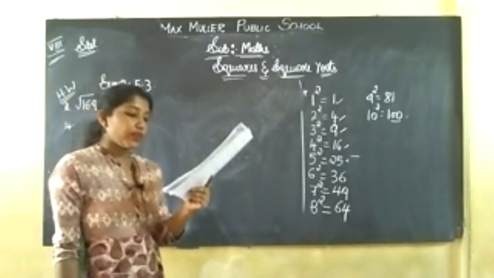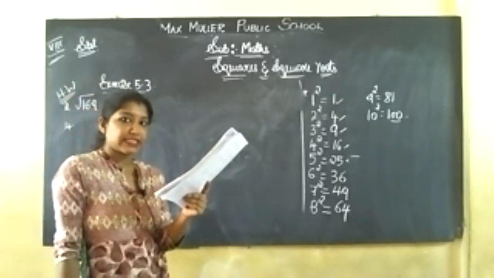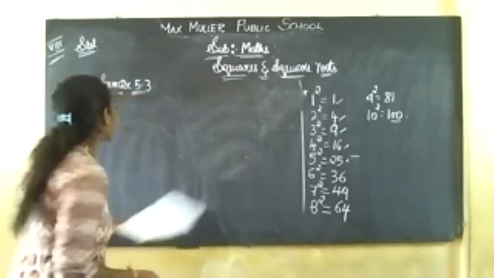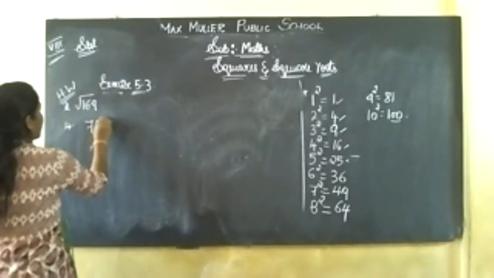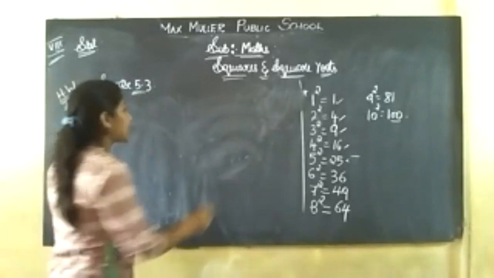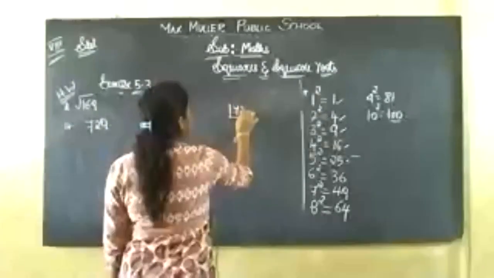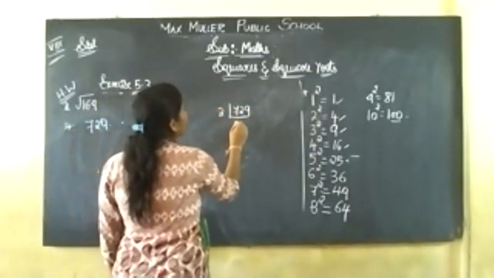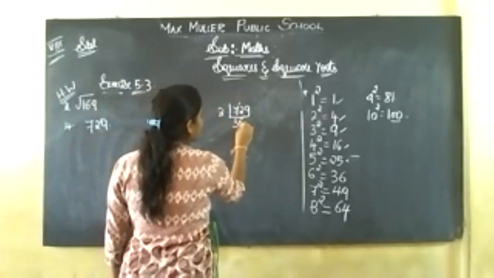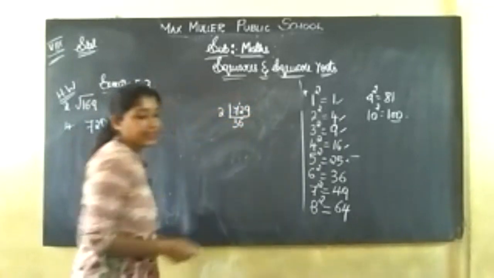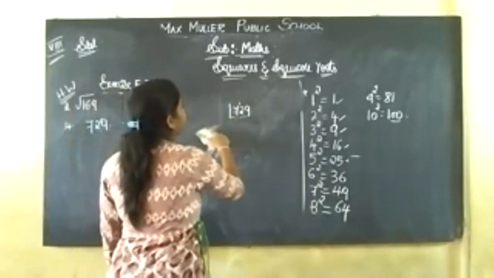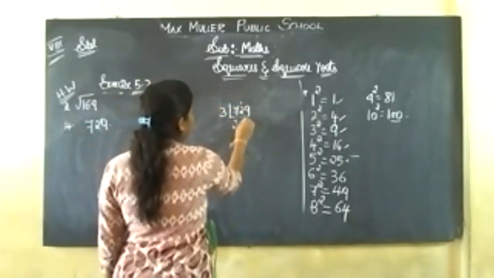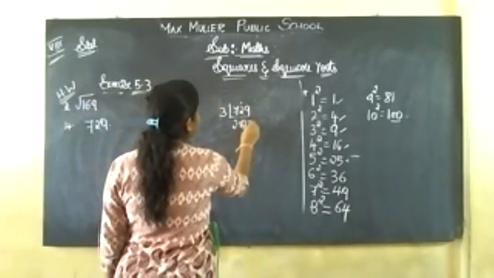Okay, next, coming to the fourth problem. Find the square root of the following numbers by the prime factorization method. I have explained the example sums in the last classes. The number given is 729. So you have to prime factorize it. You have to start from the lower number, that is from 2. 2 3s are 6, 1 carry, 2 6s are 12, and 9 it is not. So go for 3. For 3, 3 2s are 6, 1 carry, 3 4s are 12, and 3 3s are 9.